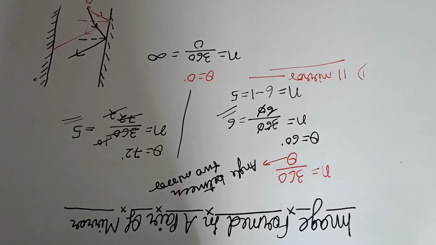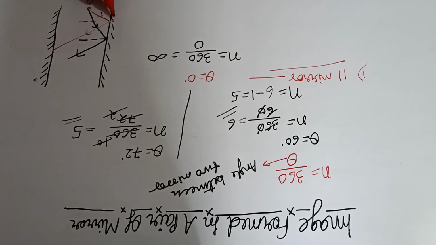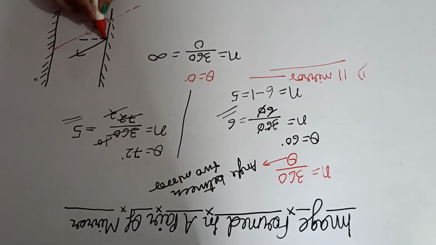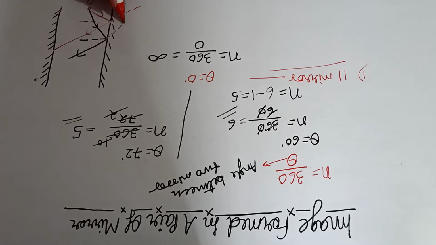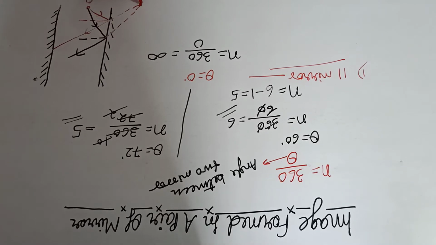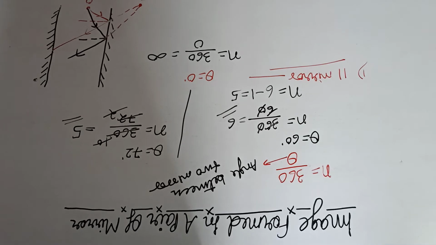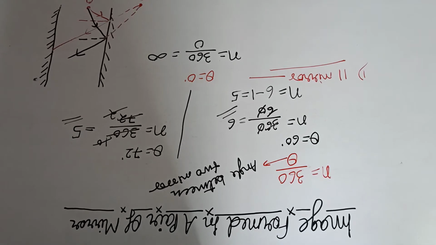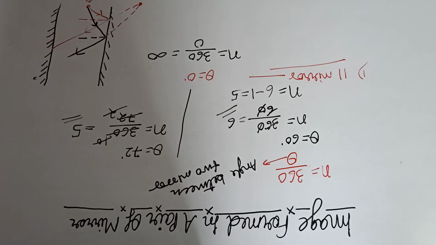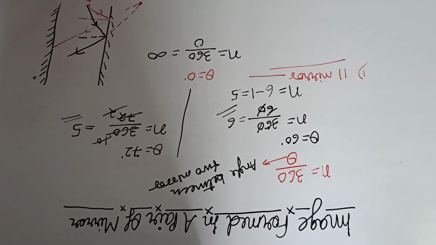As we all know, images are always formed by the intersection of the reflected rays. But in the case of a plane mirror, the light rays are not actually intersecting. When we construct them backward, then they just appear to intersect. At this point, they appear to intersect. This is the first image formed by the plane mirror. Now these two reflected rays of the first plane mirror will behave like the incident rays for the second.